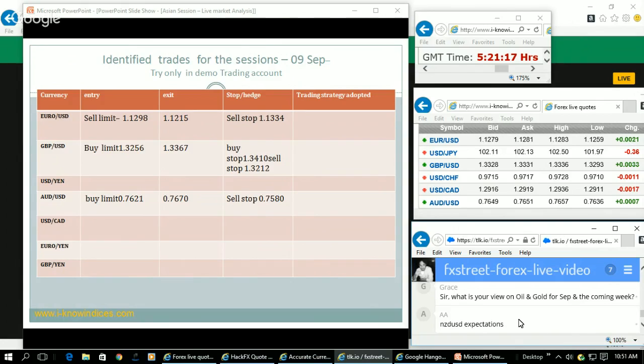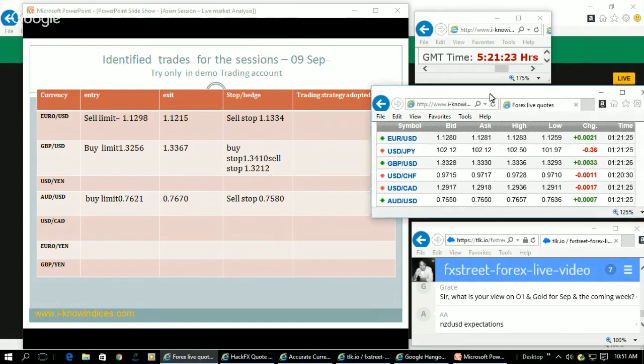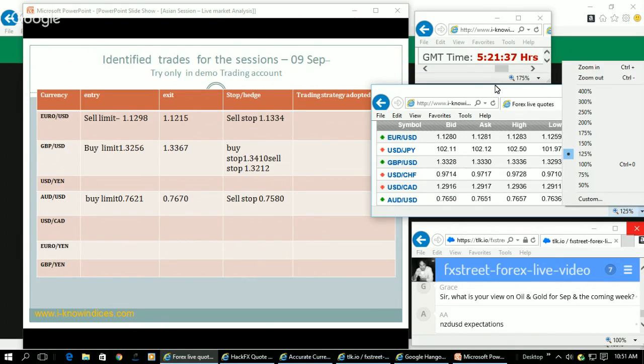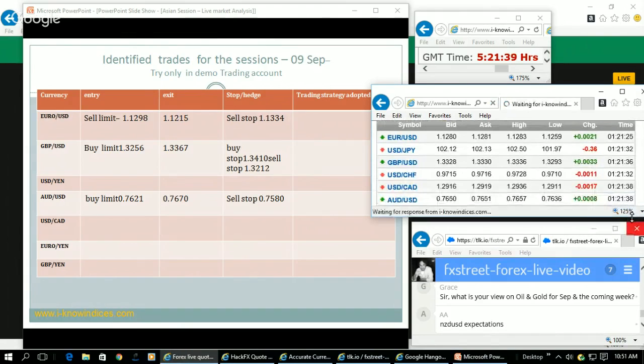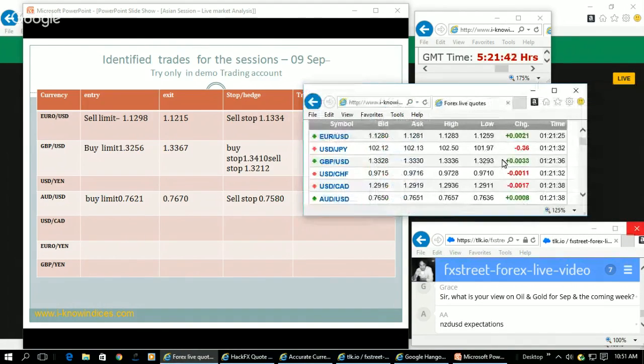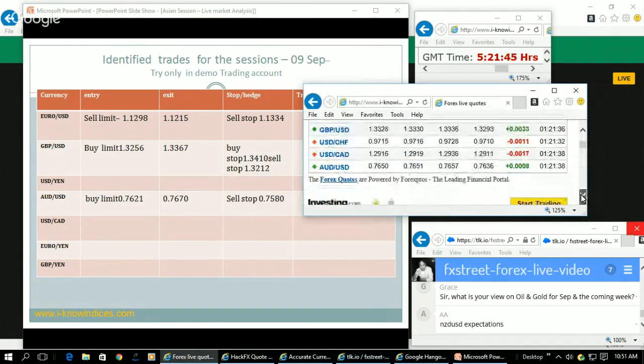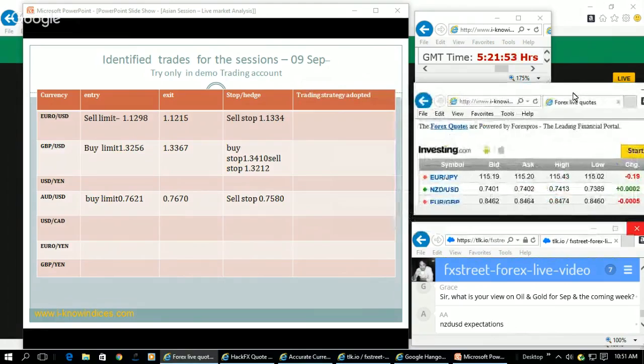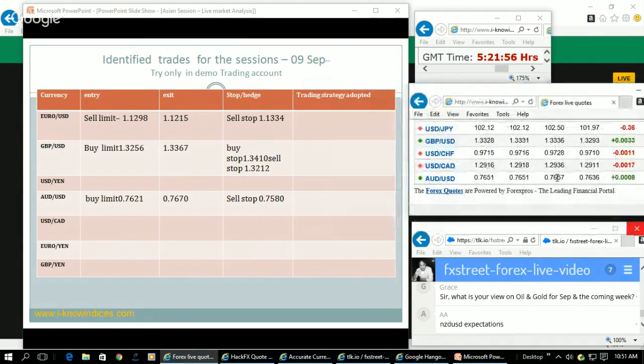And expectations of the New Zealand dollar. Now, New Zealand dollar is moving in tandem with that of the Australian dollar most of the time. But sometimes it will move ahead of the Australian dollar in order to handle the Aussie New Zealand dollar cross, and sometimes it will be lagging behind. So from time to time we have to carefully catch it. But overall, New Zealand dollar is also expected to gain the levels. Currently, it is around 74, and slowly it will be gaining the level to 75, 76 in coming days.